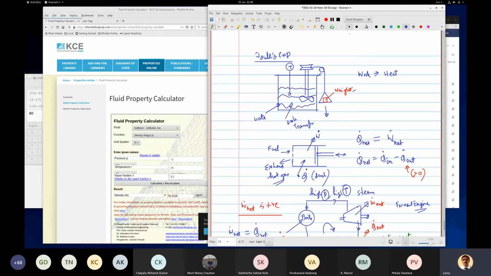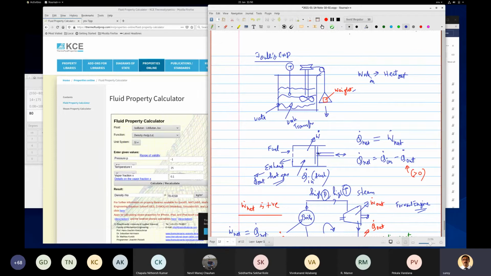What happens in here is that when the fuel is burning, the temperature rises, but the exhaust gas, hot gas, goes out, so some heat is also released with the hot gas. While in the earlier case, it's purely only work in and only heat out. But here, the net Q is in and there's also Q out. So in minus out is the net, right? And work is also like that.